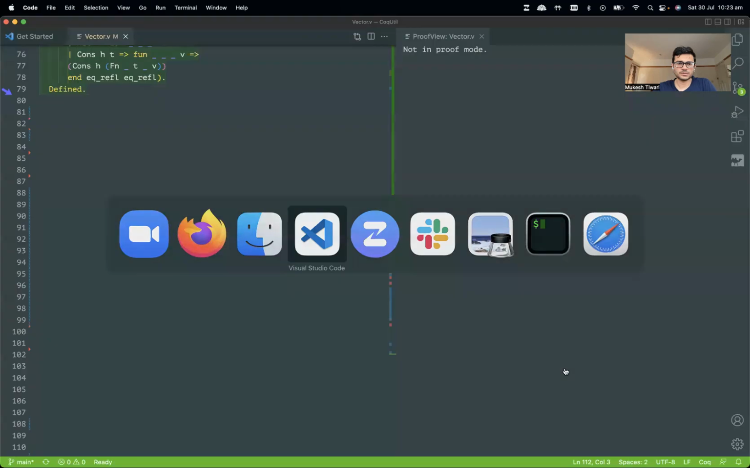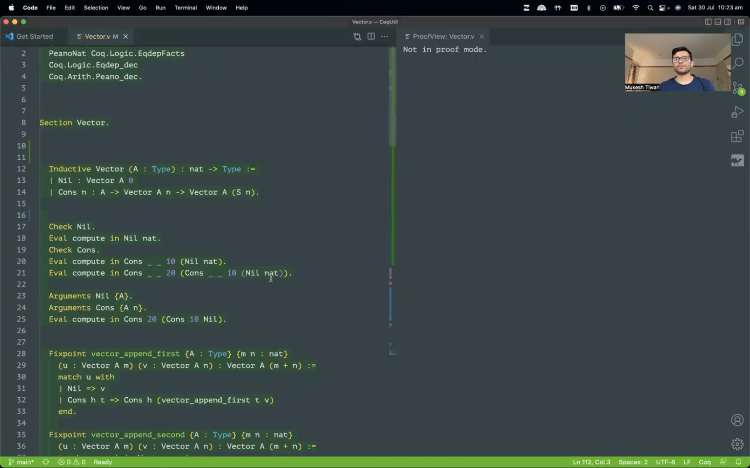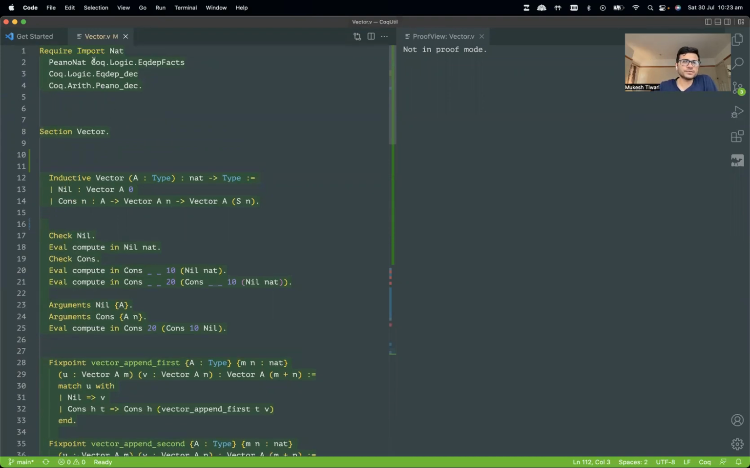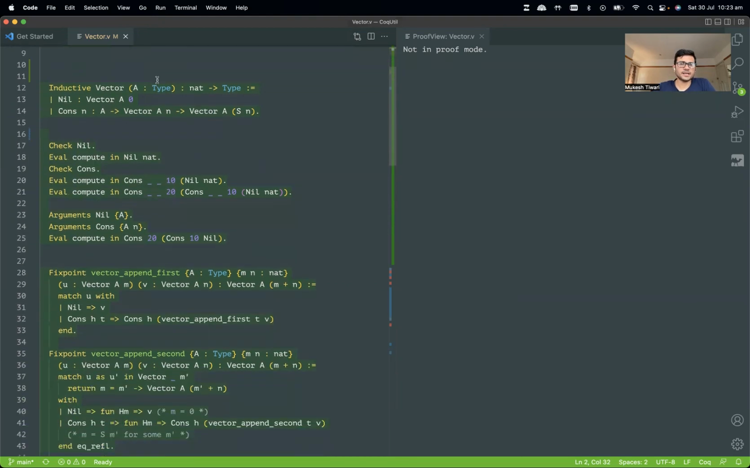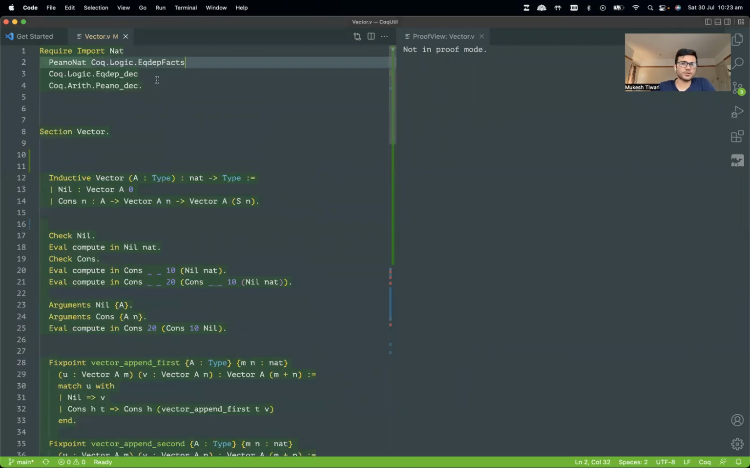So let me share my screen. A few things before I proceed. I have imported a few new libraries, for example, EQ depth dec and EQ depth facts. I would highly encourage you to go and look at those libraries. One more thing which is important, and I forgot to say in the last video,